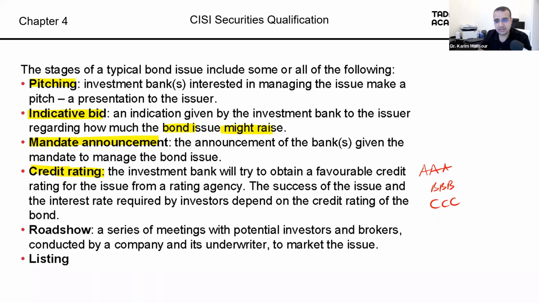Why is it important? Because the coupon that the bond will pay depends on the rating that you get. So if Fitch, Moody's, and S&P give this bond a AAA rating, your maximum safety, you as an issuer, you don't have to pay much coupon. You can just pay maybe 1% or 2%. Investors would be happy to buy that bond because you are incredibly safe. If these rating agencies give you a junk rating, then you probably have to pay like 10% coupon on that bond just to encourage investors to buy your bond.